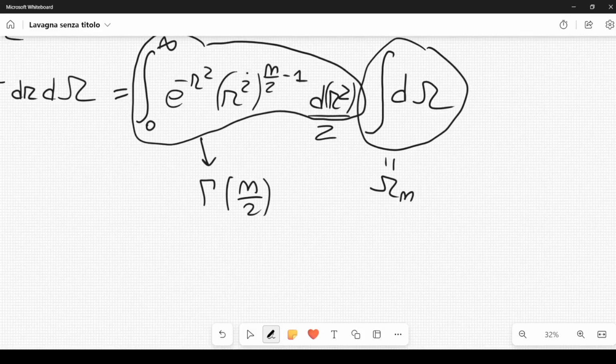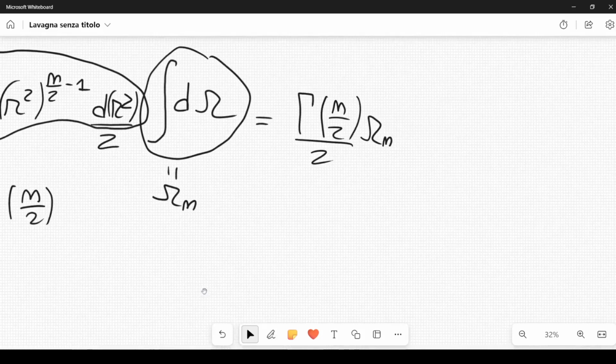So if you want, you can change the name of this variable to another variable. Anyway, now we have found that this is equal to gamma of n over 2 divided by 2 multiplied by omega sub n. But remember that the same integral is also equal to pi to the power n over 2,